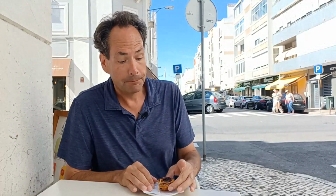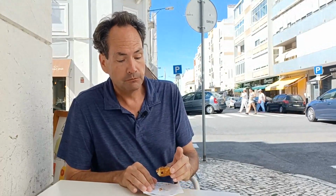That crust is so crispy. That's the thing here in Campo de Ourique. You're pretty much right in the flight path. So you've got planes going over every 2 minutes here in this neighborhood. But anyway, this pastel de nata,